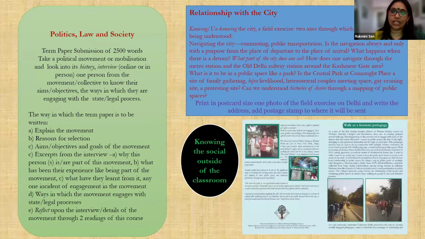Or also engage with questions of, our university is situated near one of the metro stations on the Delhi metro line. One exercise that we tried was that we always come out from one metro gate and come to the university. That's the only route that we know. What would happen if we change the route, use another metro gate and come to that same place? How do you know that city differently? And the reflections that came from just that detouring were